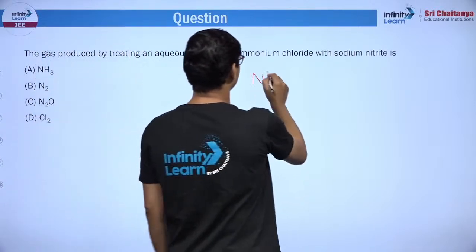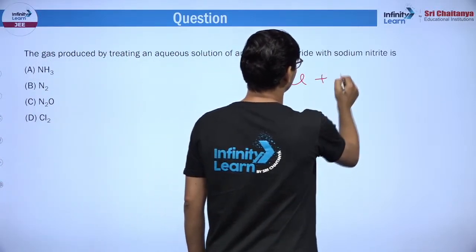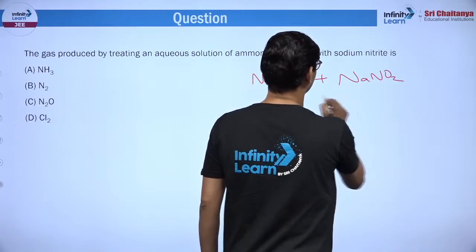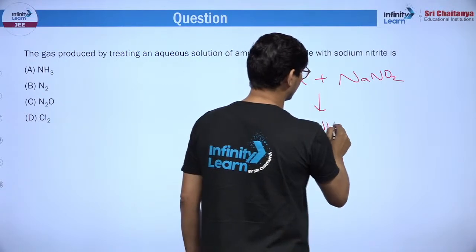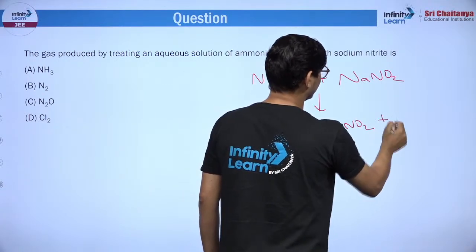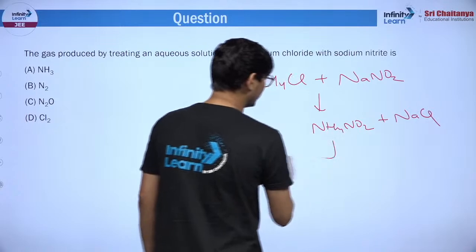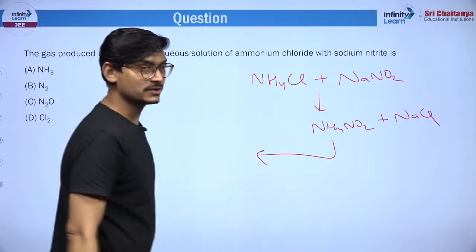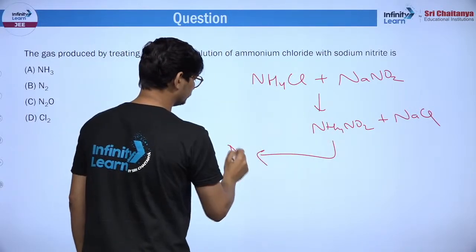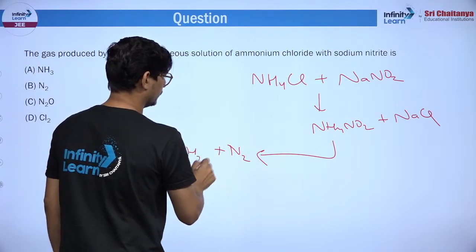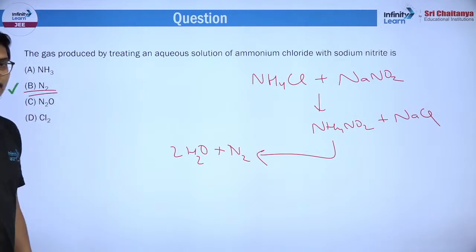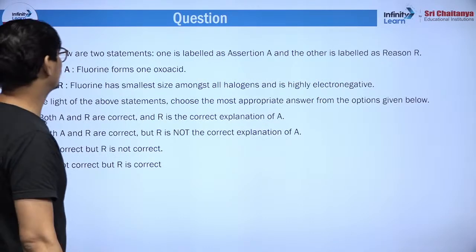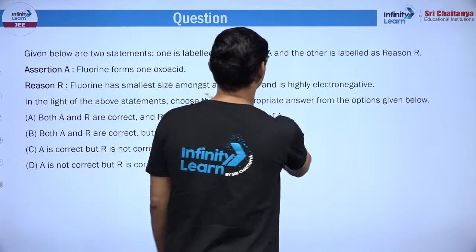The gas produced by treating an aqueous solution of ammonium chloride with sodium nitrite: it's a double displacement reaction first, NH4NO2 will be produced along with NaCl, right? But then you may recall that this on decomposition produces N2 plus 2H2O. It's a method for the production of nitrogen gas, ठीक है। तो correct answer कौन सा हो जाएगा हमारा, ये वाला। इतना क्लियर हुआ गाइस, ठीक है।